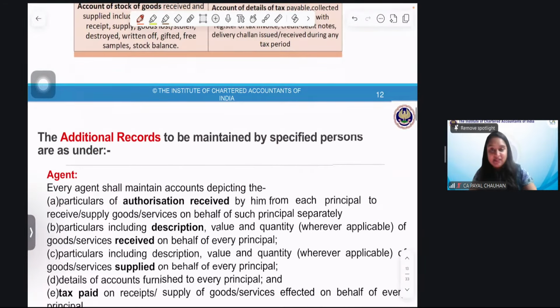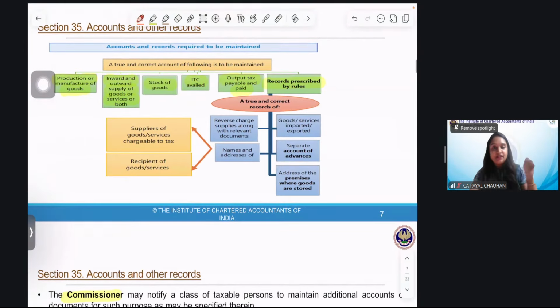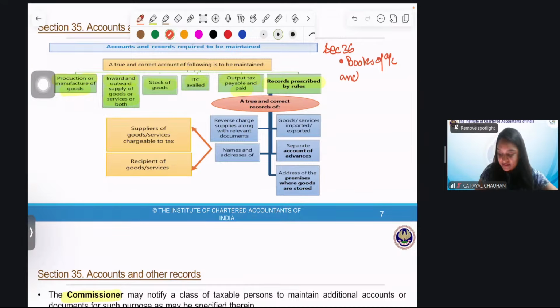So, before doing this, let us see a diagram which we left. Now revise. I need a perfect answer. Which section are we doing? Section 35. It talks about books of account, and other accounts, records, and